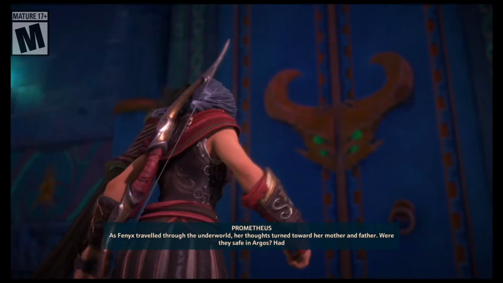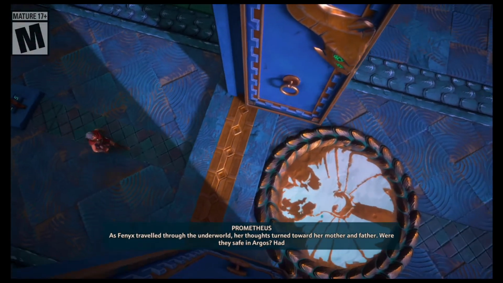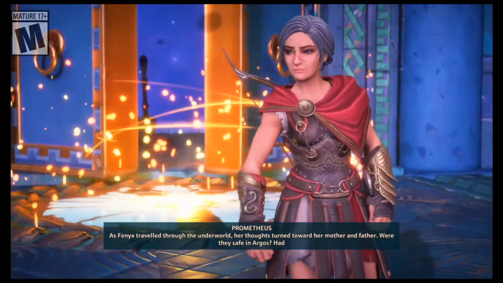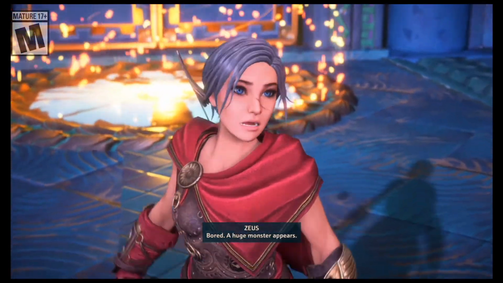As Fenyx traveled through the underworld, her thoughts turned toward her mother and father. Were they safe in Argos? Had they too been transformed? Fenyx could not help but...